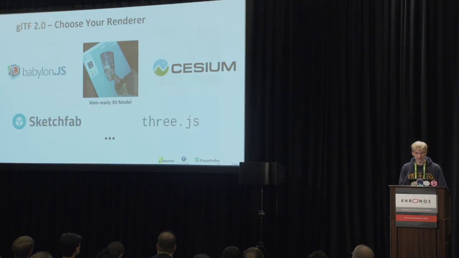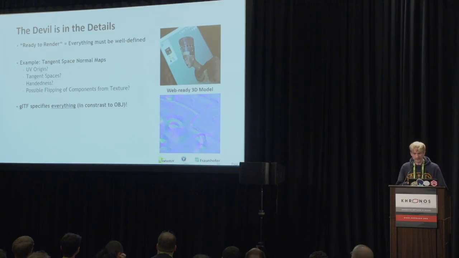Before I finish, I just want to point out one very interesting advantage of glTF and what it means to be ready to render compared to, for example, OBJ. The neat thing about glTF is that we have actually specified all of the nitty-gritty details. If you think about this very simple example of having a tangent space normal map, you need to know where my UV origin is, and how I encode my tangent spaces. What about the handedness? Am I having a right-handed or left-handed coordinate system? And sometimes tools are flipping components from the texture, like the Y component,